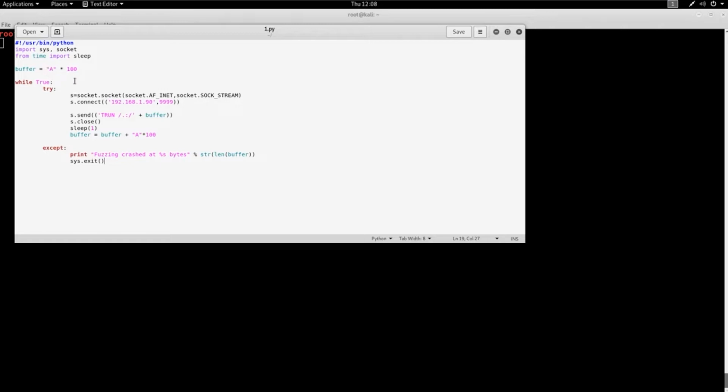So what we're going to do is say while true, so we're going to loop this. While true, I want you to try something. What we're going to try is to connect to this socket. And the socket, all that is this AF_INET, that's your IPv4, and the SOCK_STREAM, that's your port. So we're going to say, hey, let's connect to this IP address. Remember, this is the IP address for my Windows machine that's running Vulnserver. So we're going to connect to this IP address and this port, and then once we do that,